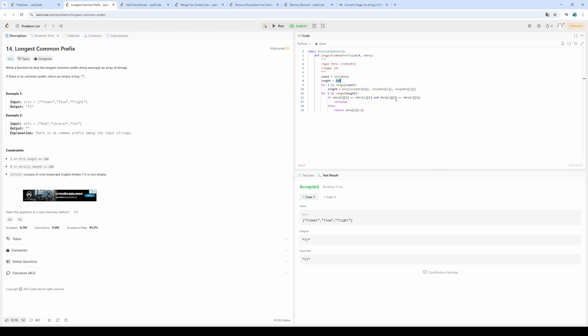Okay, let's say if count is equal to 0 and I return empty, else the length equals this, then length and